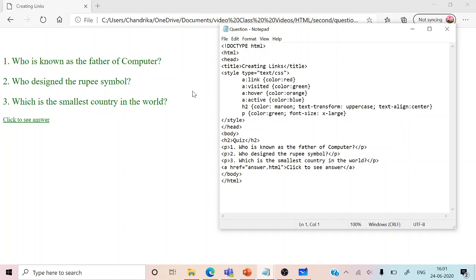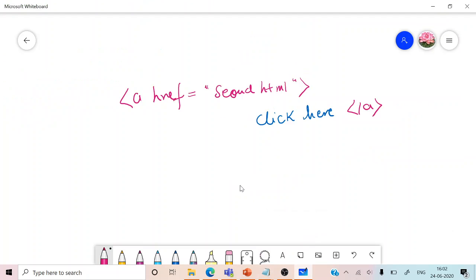Now as you can see, these hovering colors have been determined here. So a hover is orange color, and when the link is active it will be turning into blue color, otherwise the red color. This is another aspect which we have to understand, that what are the different link colors, what are the different states, basically the position of the links on the web pages. The links are like the normal links, which we call standard link.